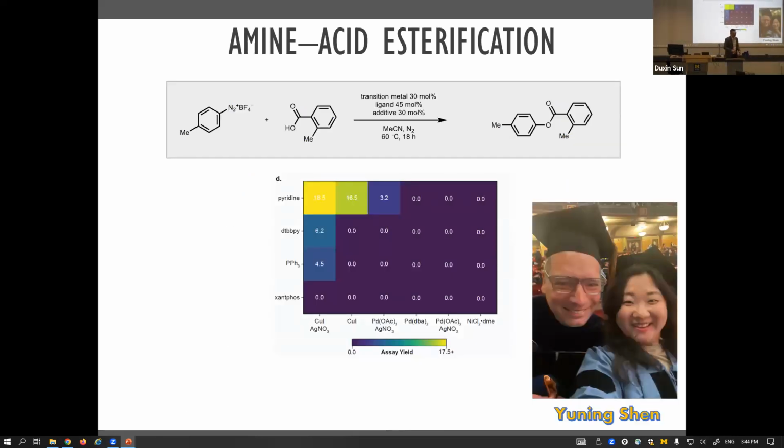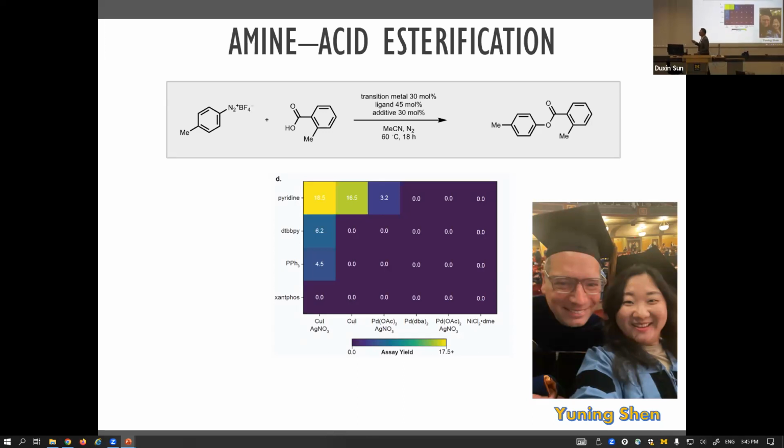And so I'm so excited that Yuning is here today. Yuning is our first graduate student. I had the luxury of hooding her this morning, and so that's why I have mortarboard hair. And so Yuning is the first person to graduate from our group, and so she also discovered the first reaction